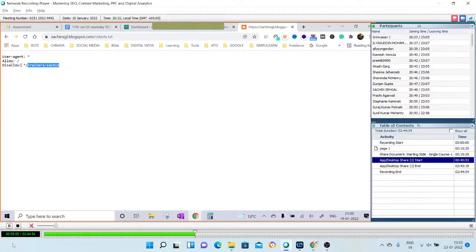So if Google comes to my site at the backend, it will look for the XML and be able to get the location of all the pages, but at the same time it will see this file and know that it has to go to all 100 pages, all 1000 pages, all 10,000 pages, but it doesn't have to go to this page. Is it clear what the significance and the meaning of it is?